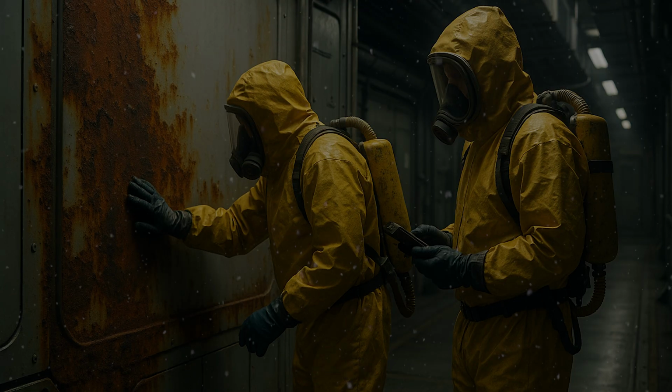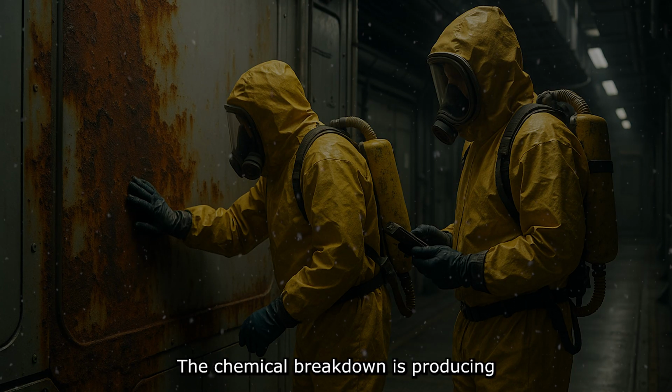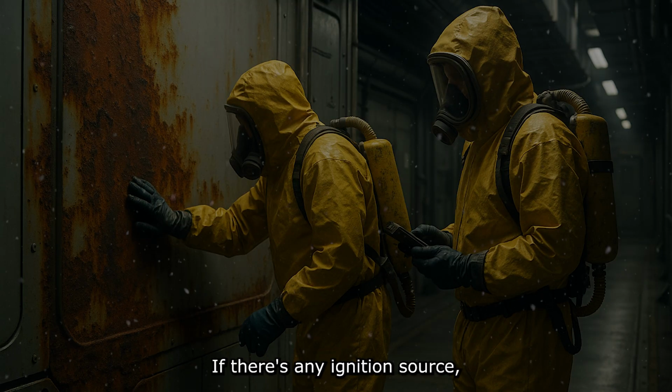"Secondary explosion risk," she said, checking her readings with growing alarm. "The chemical breakdown is producing flammable gas mixtures. If there's any ignition source,"